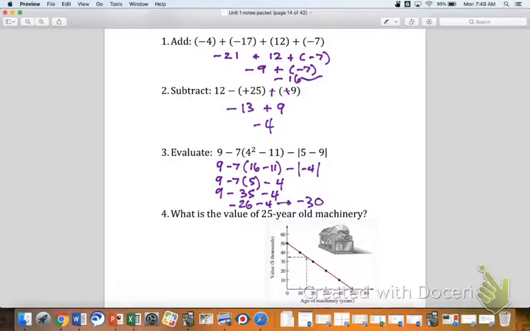If you didn't, we can go back and kind of trace through and see where maybe you made a little mistake, and perhaps we could fix that. And the last one,